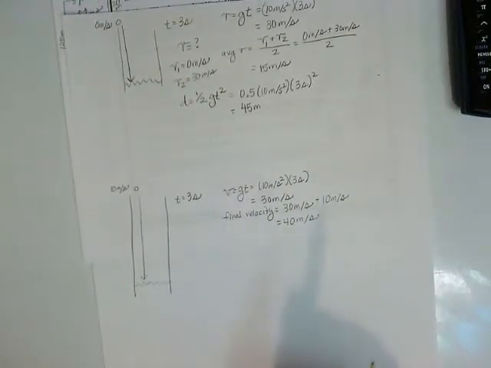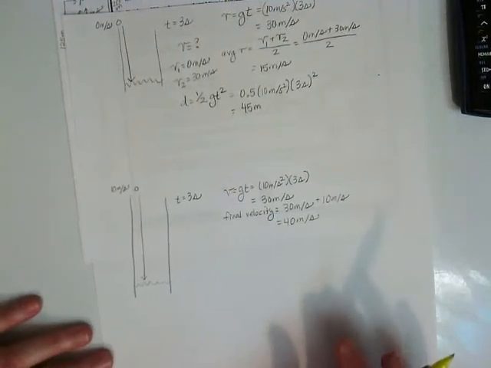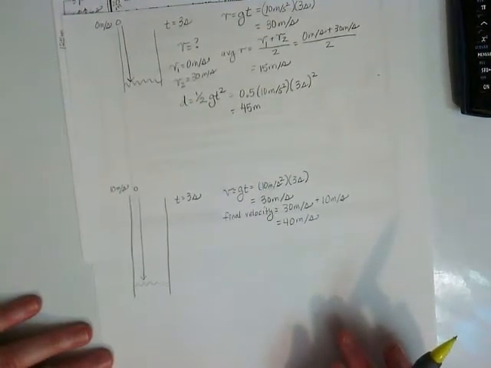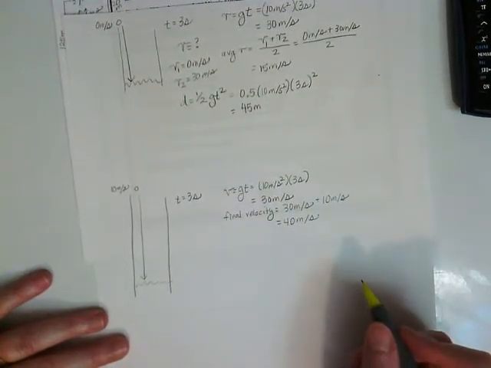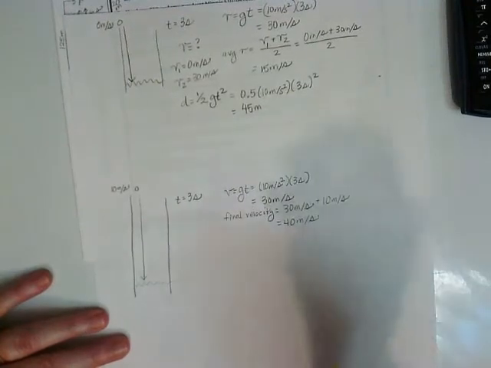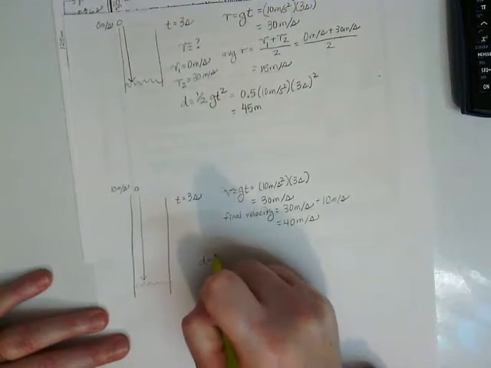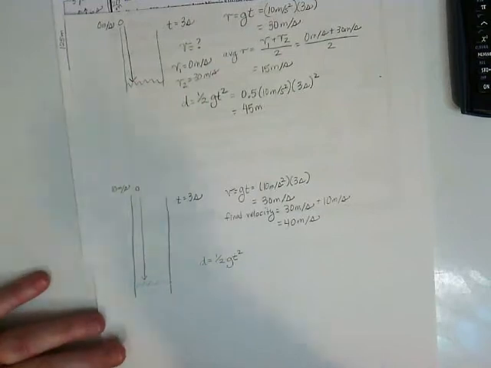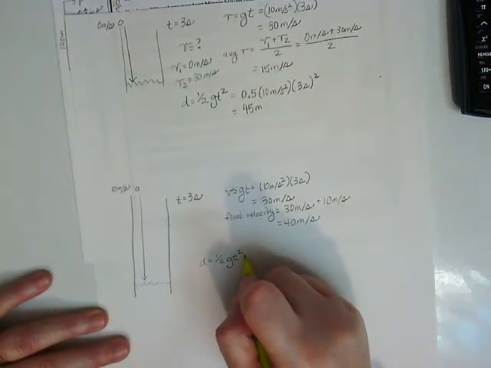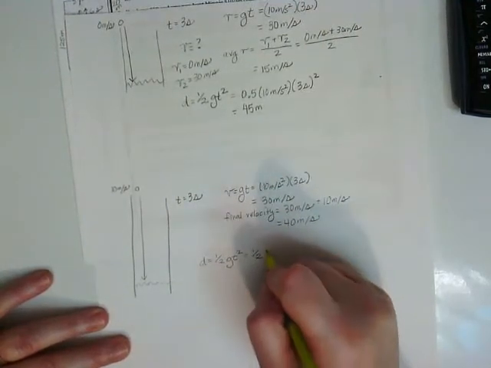So, to do that, we have to figure out its distance. So our distance is 1/2 gt squared, which is 1/2 times 10